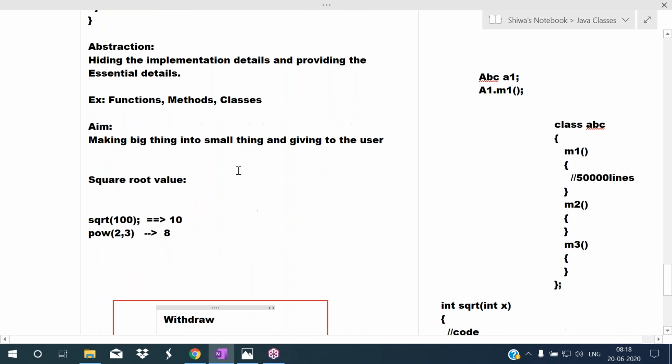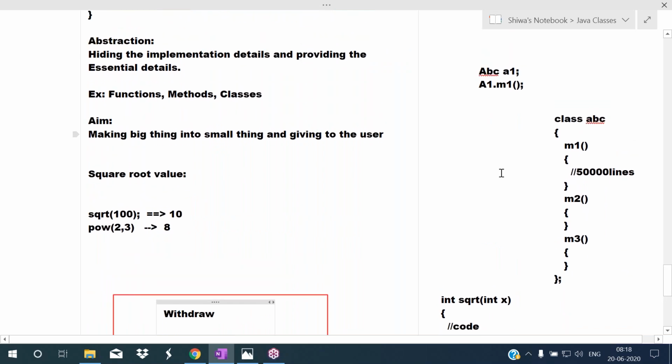Abstraction means hiding the implementation details. Large amounts of code are there, but they will be in hidden form, while providing the essential details. That is nothing but abstraction. The functions you define will be in hidden mode, and just the prototype is provided to us.